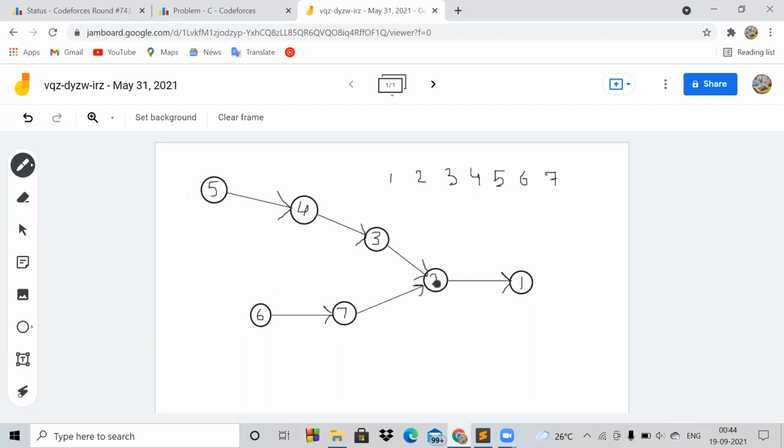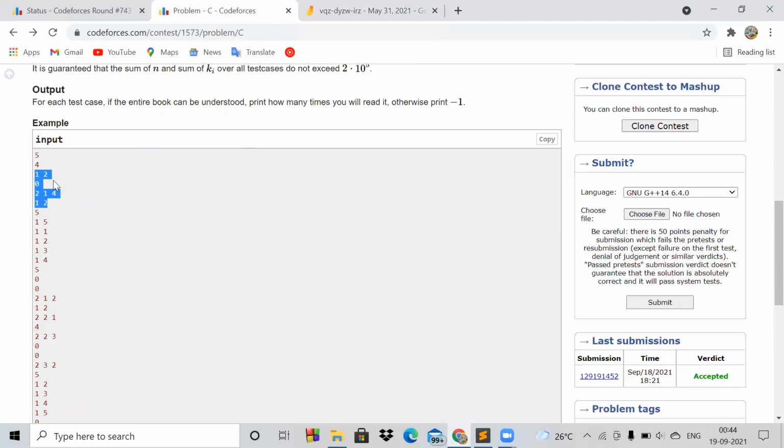So here chapter 2 is dependent on two chapters, 3 and 7. And this graph can always be drawn because we are given the dependencies and the number of chapters.